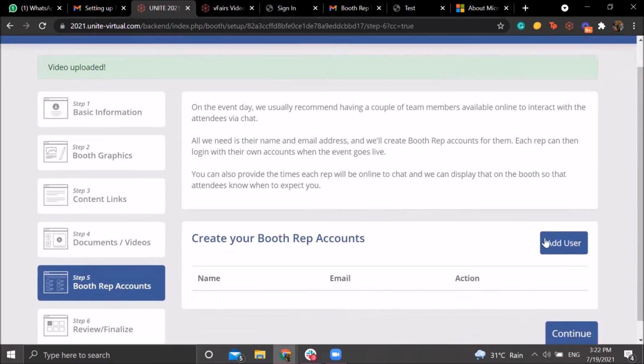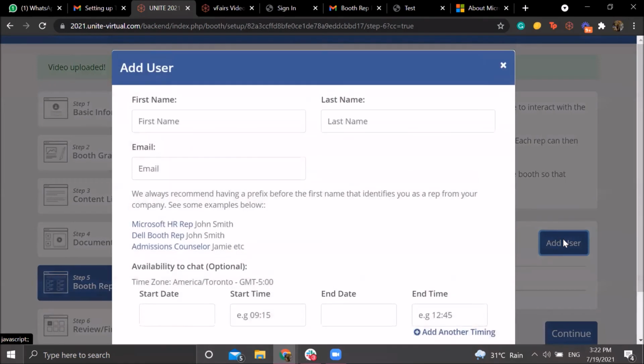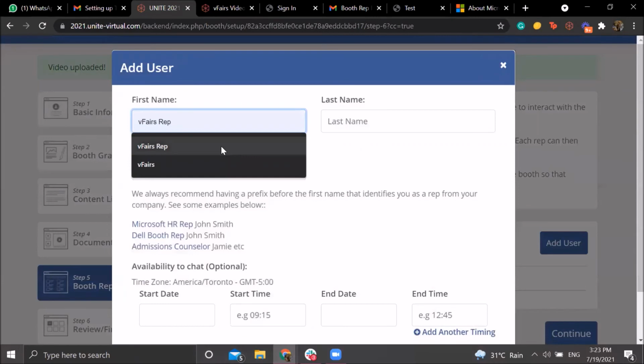So to do that, simply click on this Add User button over here and put in the information for your booth representative. Now, the first name and last name, you can put in your actual first name and last name. I mean, that is how you should do it. But there is a naming protocol that we do recommend, and that is to add in your company name before your first name. So if my name is Amul, as my first name, I would add in the Fairs rep